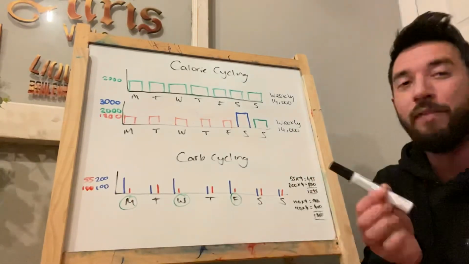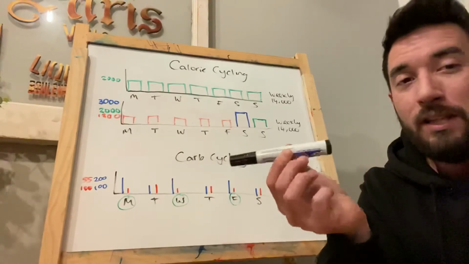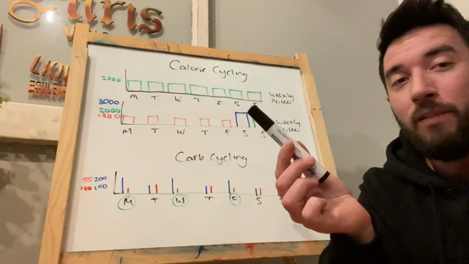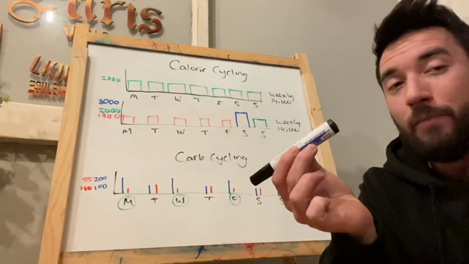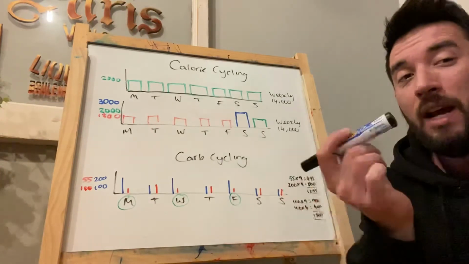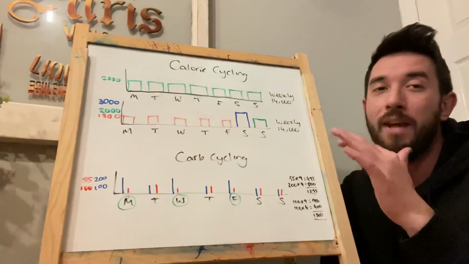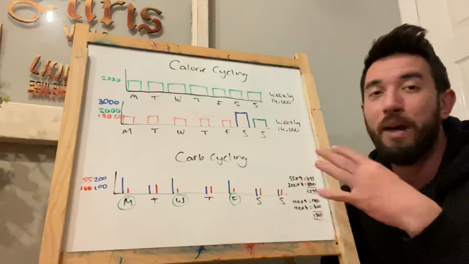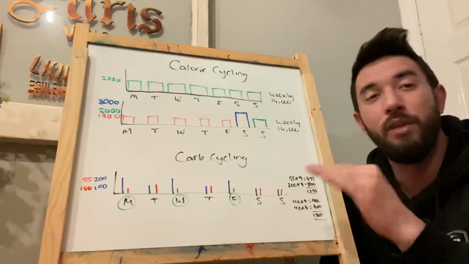Now, I like to think of it like your carbs and your fats work in a seesaw. So if you have higher carbs, you're going to have lower fats. If you have lower carbs, you're going to have higher fats. Generally, they're more or less going to make you around about the same on the calorie front, because protein always stays the same.